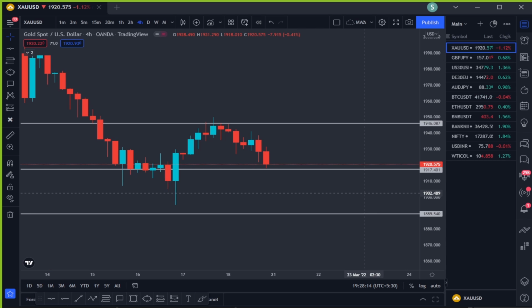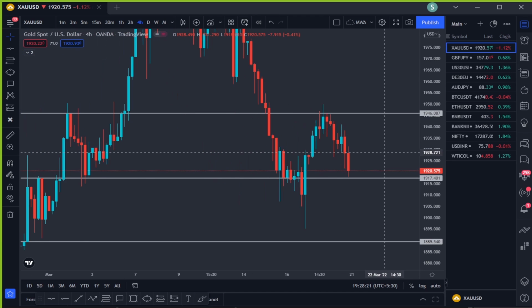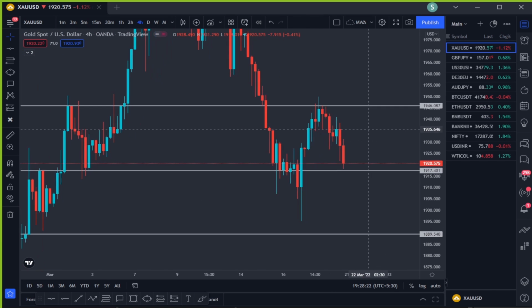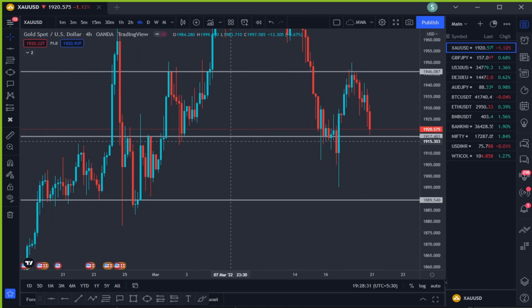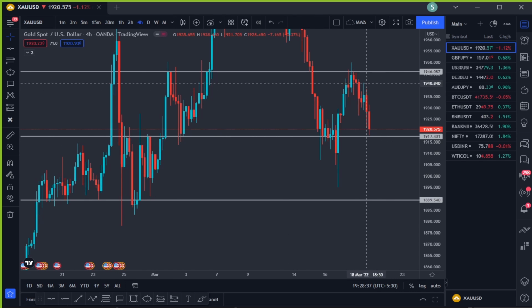So as we know now, monthly was bullish, weekly was bearish, and daily is in the range. We don't know where the price is gonna go. So here we can see, guys, this has been a level of resistance. Price tried to break and close above and couldn't. So we are marking it as our resistance, and we are marking it as our support, because this level acted as a resistance, resistance, support, support, and this area also now it's a resistance, and here also resistance as